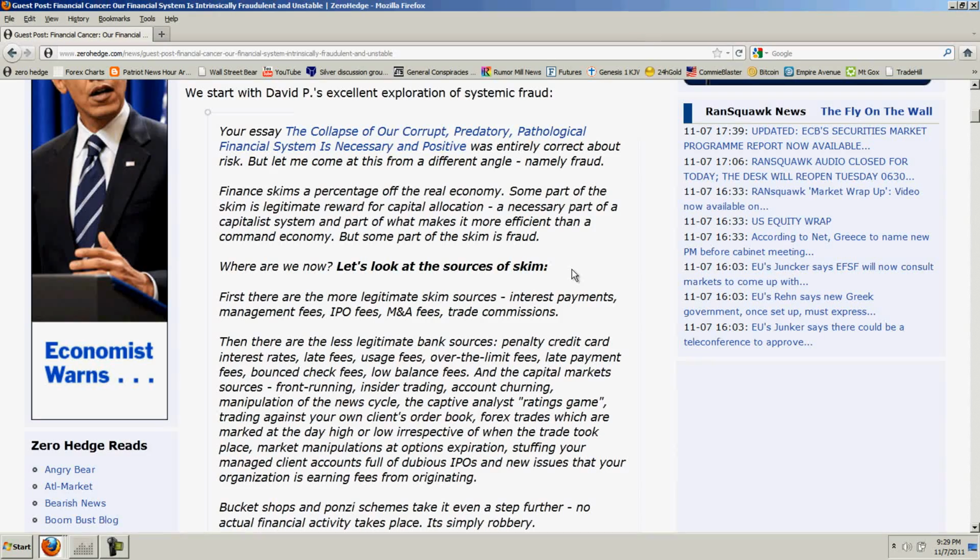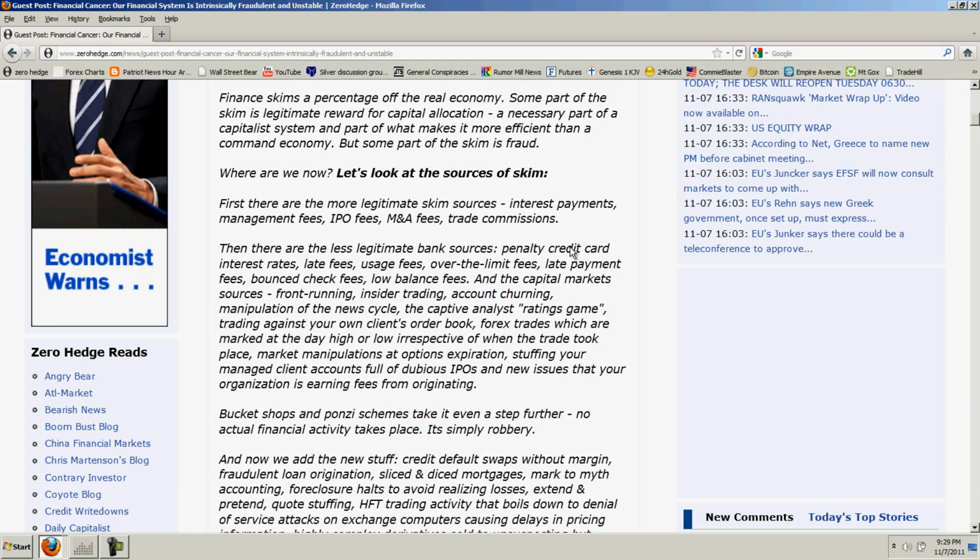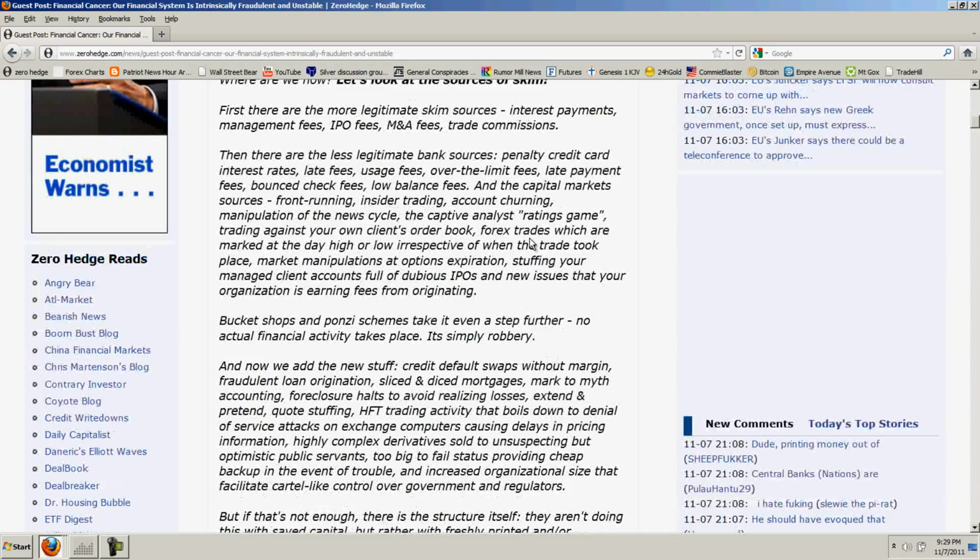Finance skims a percentage off the real economy. Some part of the skim is legitimate reward for capital allocation, a necessary part of a capitalist system and part of what makes it more efficient than a command economy. But some part of the skim is fraud. Where are we now? Let's look at the sources of the skim. First, there are the more legitimate skim sources: interest payments, management fees, IPO fees, M&A fees, trade commissions. Then there's the less legitimate bank sources: penalty credit card interest rates, late fees, usage fees, over-the-limit fees, late payment fees,